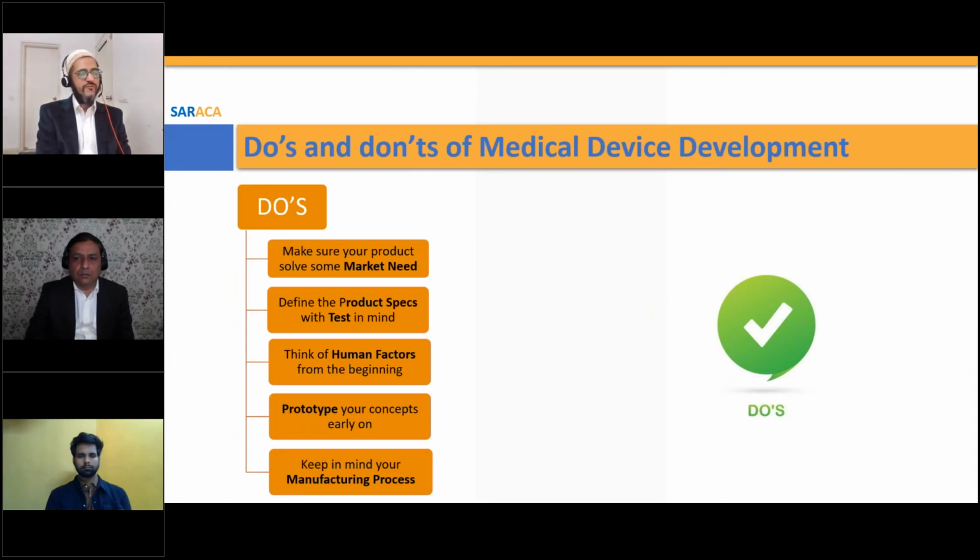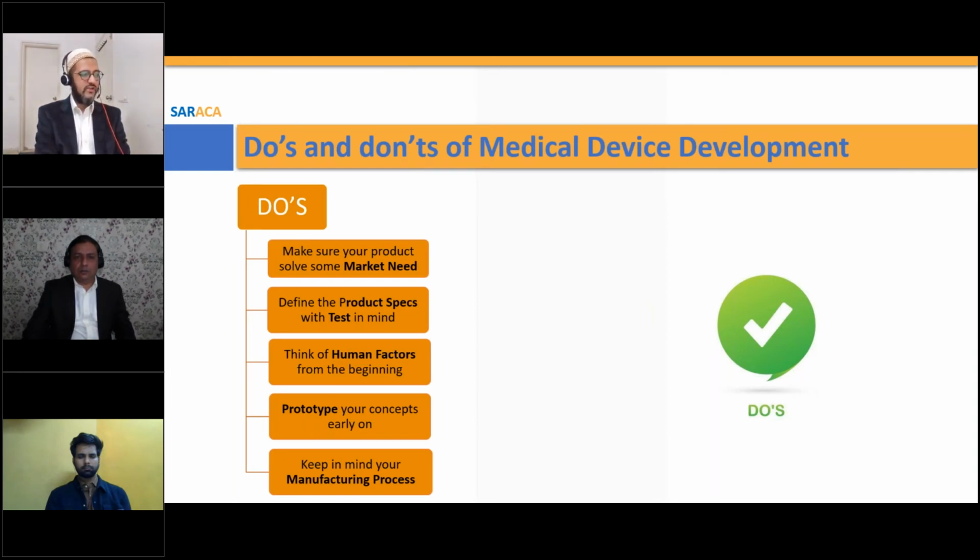One good idea is to keep your manufacturing process in mind early on. So you know that this particular device I'm going to manufacture in this particular way. It helps the design team to understand what are the challenges with that manufacturing process, what specification we need to keep in mind, and what cost we are going to look at. So all this will depend on the manufacturing process itself. For example, injection molding is one manufacturing process. Or you may decide, okay, the volume is not that high, so we might go for 3D printing itself. So that is also one of the